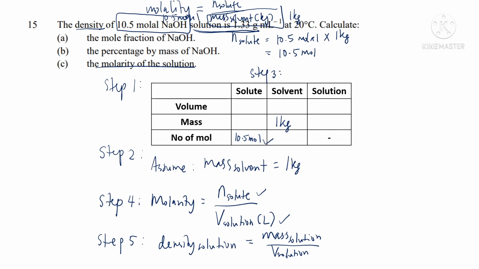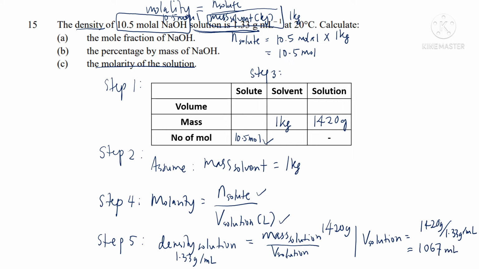So density of solution given is 1.33 gram per ml. And the mass of solution is equal to 1420 gram. So we have calculated the mass of solution in question number 15b, so we can use it here, 1420 gram. So to find the volume of solution, we need to use the mass of solution divided by the density of solution to give us the volume of solution as